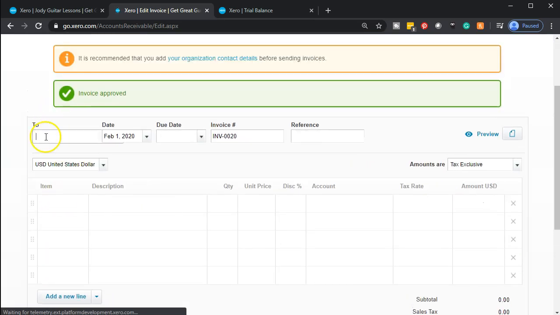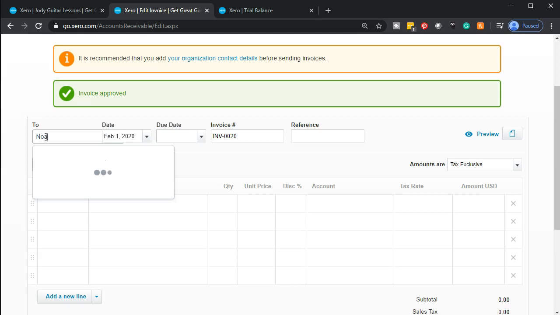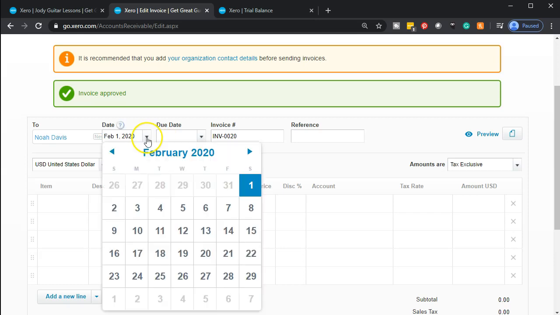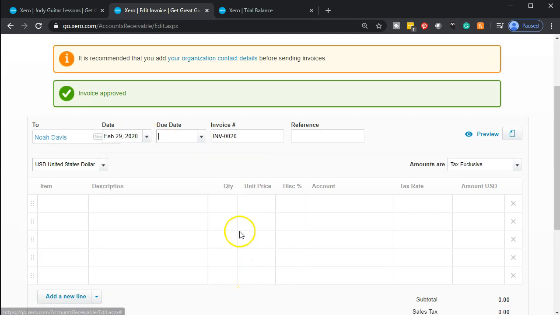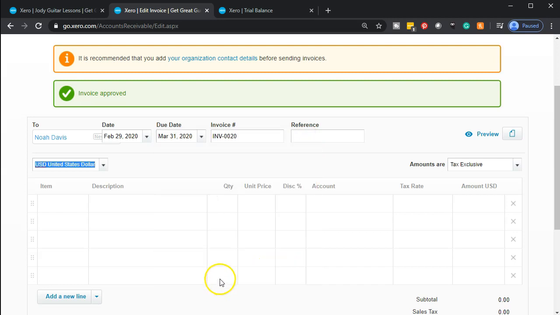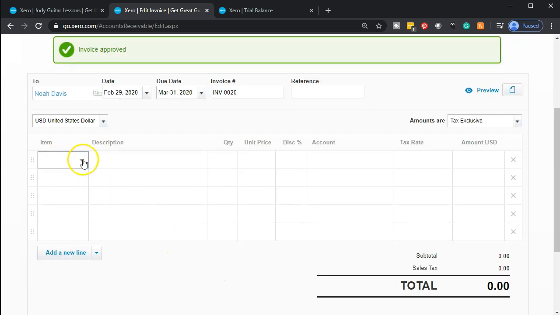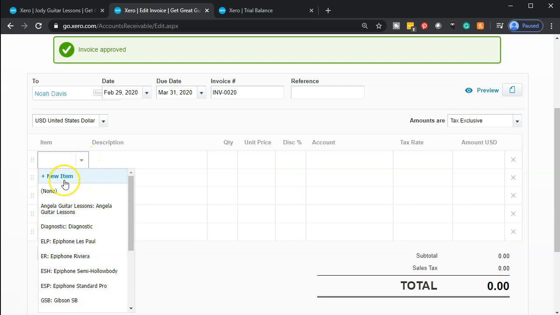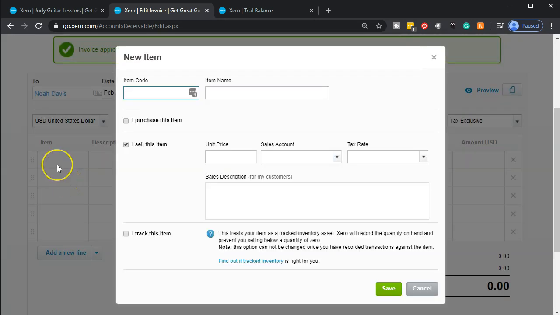So the next one is going to be for our other instructor, whose name is Rebecca. Her timesheet has Noah as a student, Noah Davis. And so we're going to say this is as of the end of February. Due date's going to be the end of March, we're going to say. Hope I'm getting these dates right. And then we're going to add a new item. We're going to add a new item up top. And that's going to be for